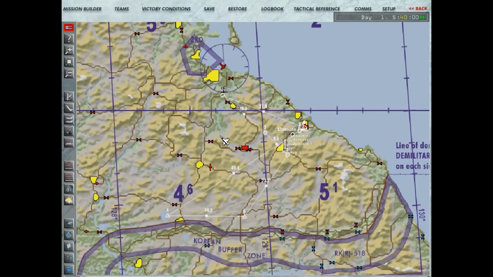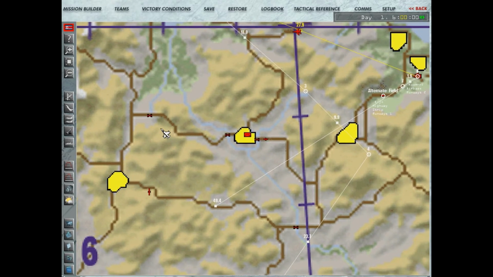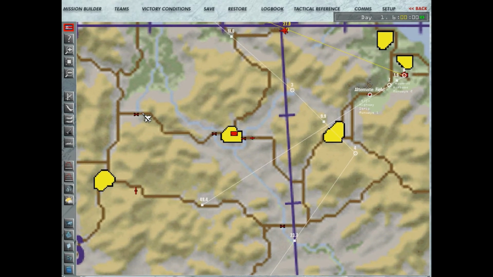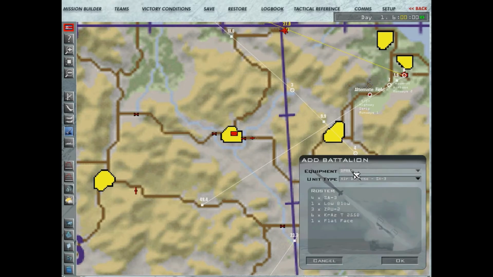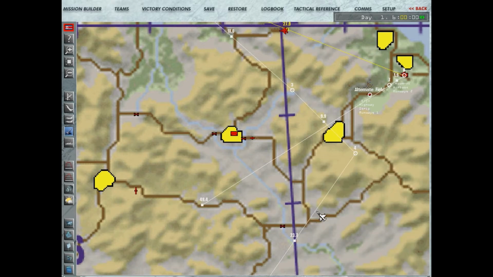Now, the last thing I need to do is change the time that I want the battalion of armour to be travelling at. I'm going to make that 6 in the morning. So I'm going to have it travelling from this bridge here. Check the battalion button, make sure we're on the correct side, press OK to that, and now I'm going to select T-62s and press OK. And once it's come up now, I'm going to press it again, and we get the option to work out where the path is. So I'm going to run it up to here,